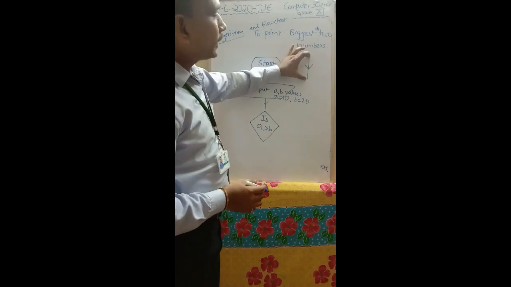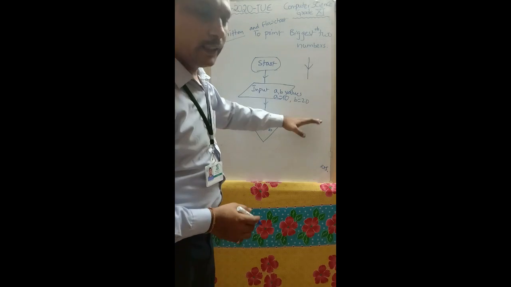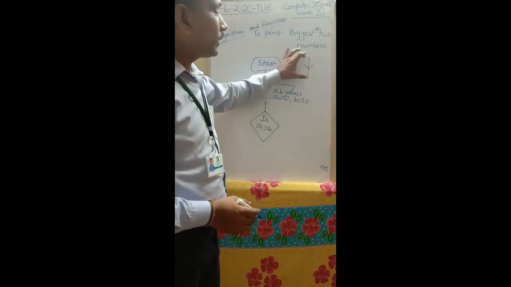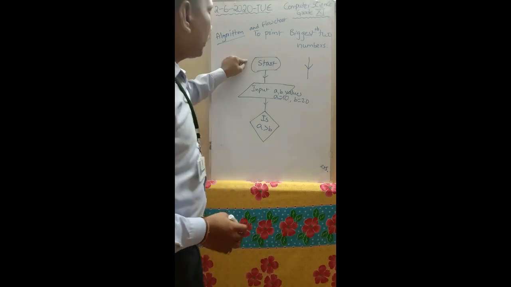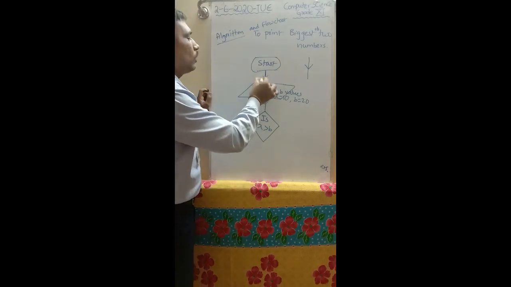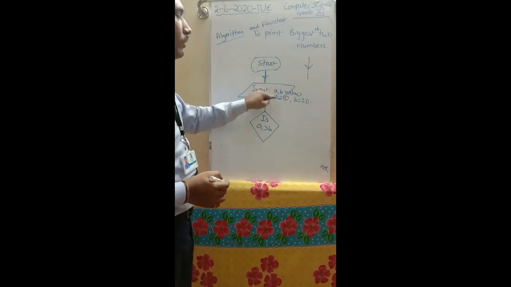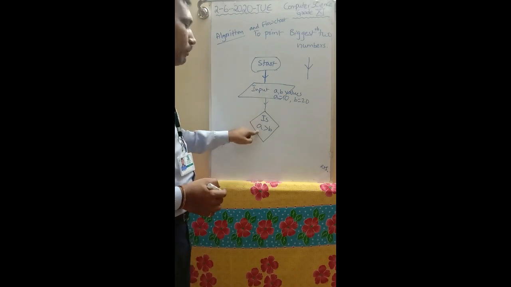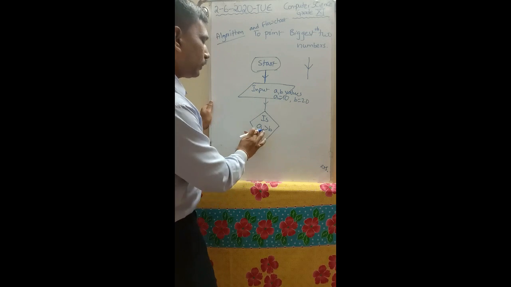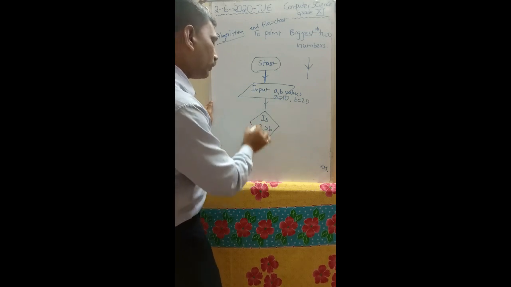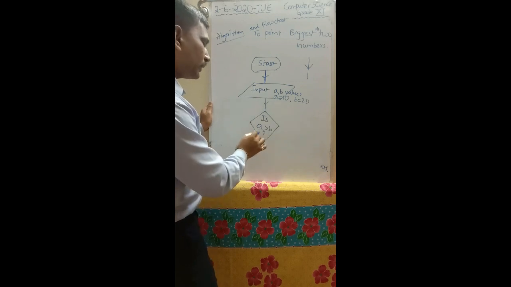This symbol connects two boxes: step 1 and step 2, step 2 and step 3, step 3 and step 4. A sequence of steps can be connected by using this control flow. So each and every statement follows this control execution. So start, after that input a comma b values, a is equal to 10, b is equal to 20. Then compare the two values a and b. Is a greater than b? If a is greater, it returns true. True means a is greater.